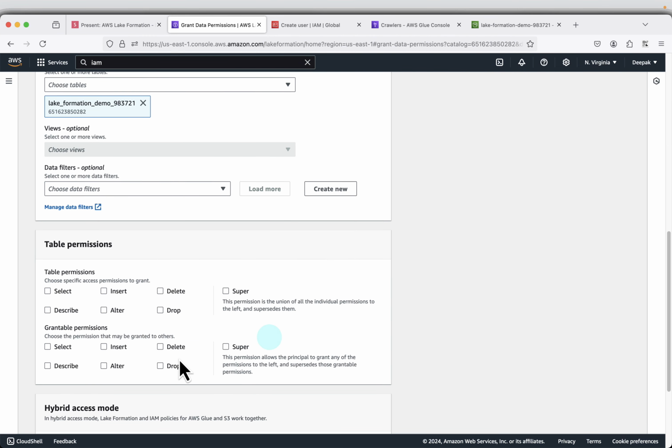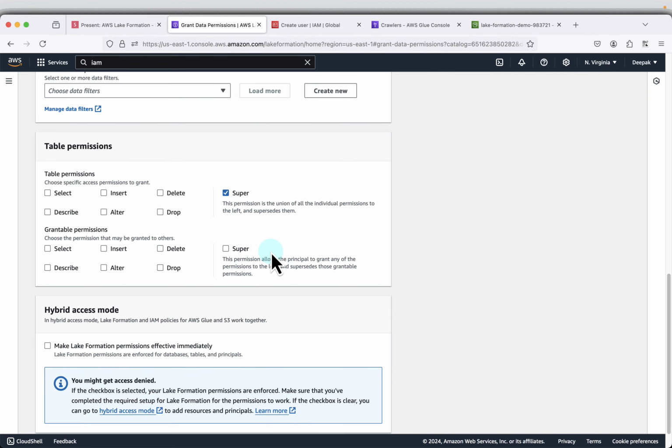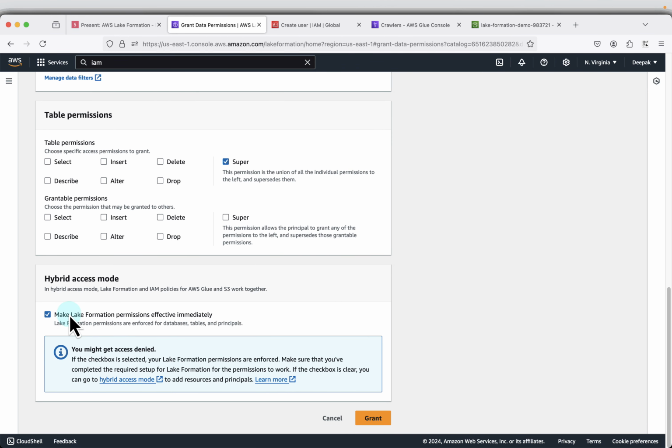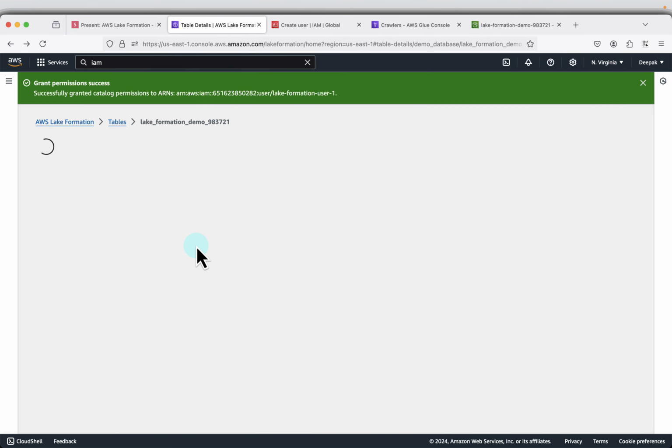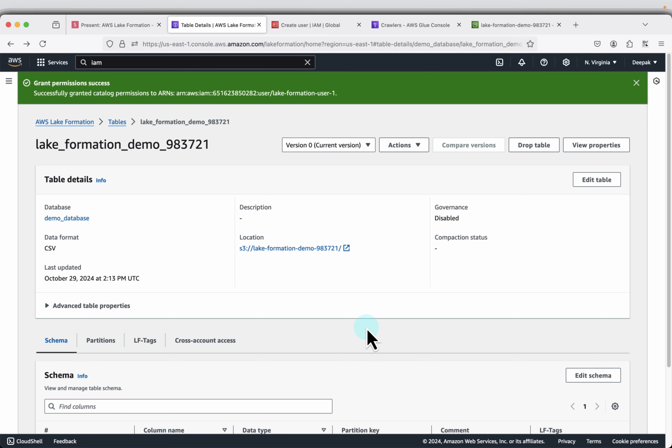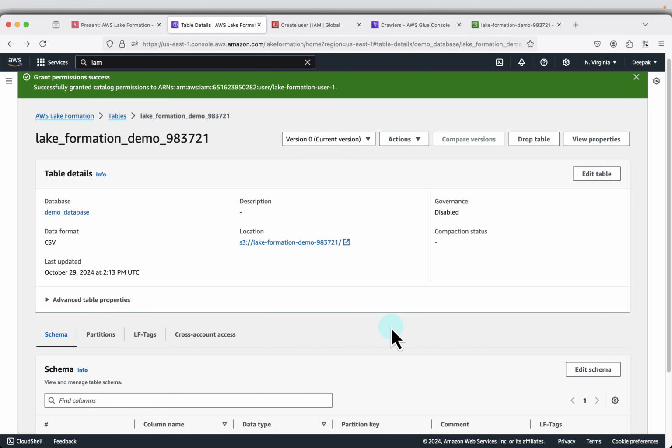And herein you can have permissions, so you can select, insert, delete. So based on select, only user will get select access. If you give delete, he can get delete access. So anyway, I will just give super for the time being, and I will revoke it for the demo purpose. So I'll say super, and select hybrid access mode. So make click formation permissions effective immediately. So grant, because earlier we gave IAM permissions. Now by selecting this, it will take into consideration everything, IAM as well as this what we have specified. So this is at a very granular level. This is working at the table level. So we have given the permission, and